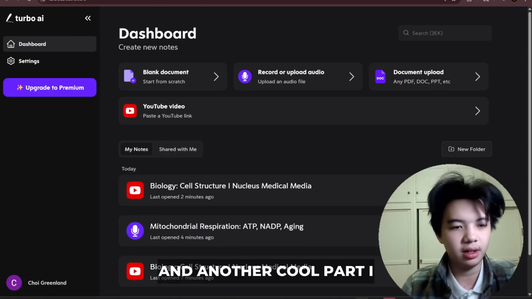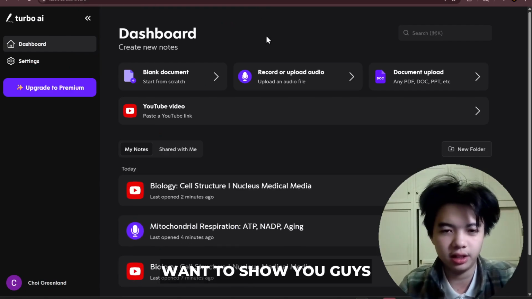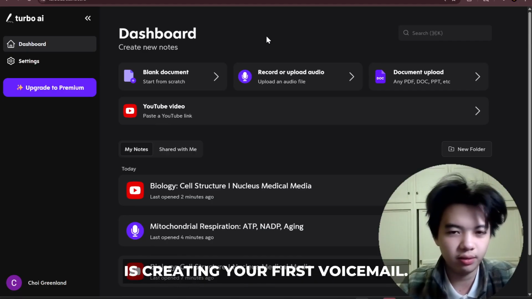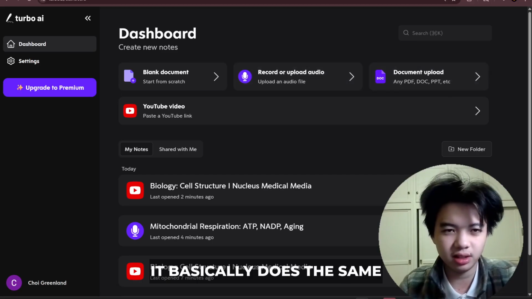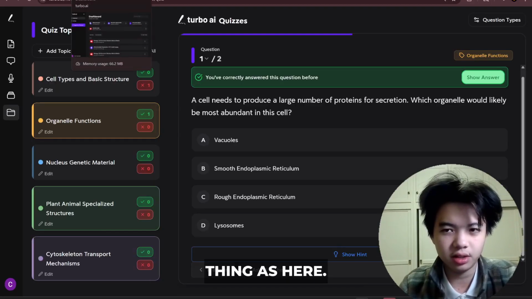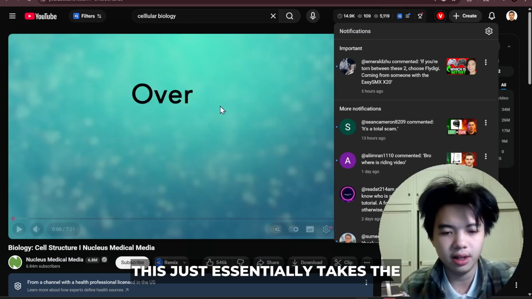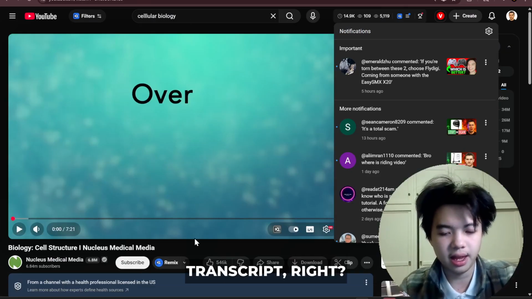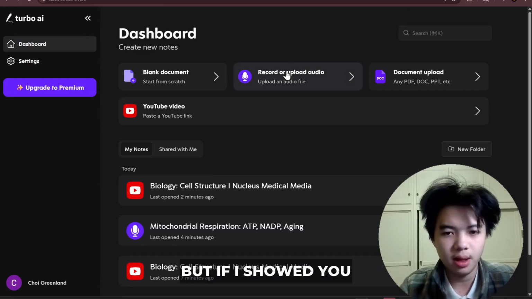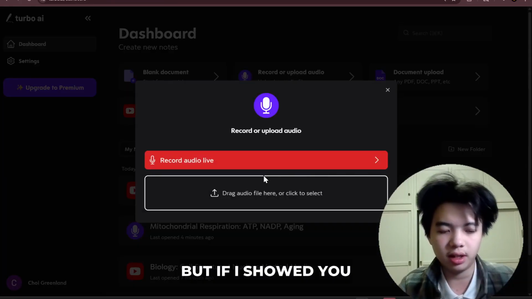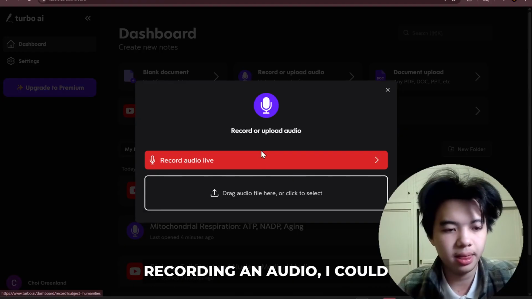And another cool part I want to show you guys is creating your first voice note. You can also upload PDFs, and it basically does the same thing as here. This just essentially takes the transcript, right? And then just creates this customizable note-taking option. But if I showed you recording an audio, I could say,